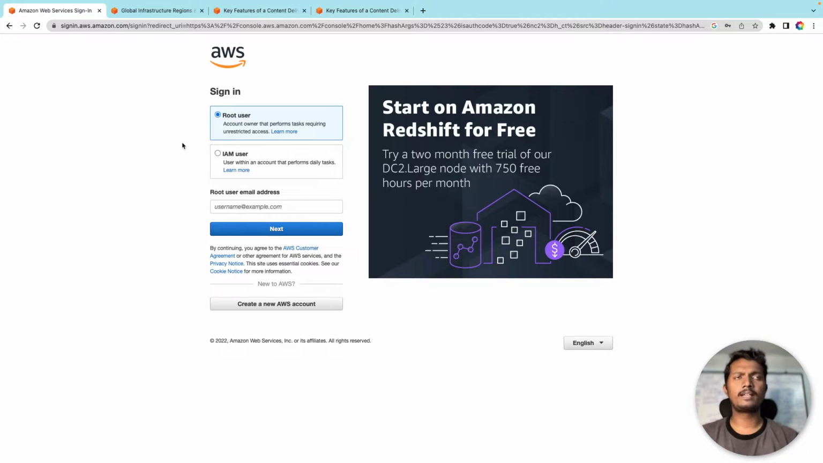Here there are two options, root user and IAM user. This is the first time we will log into our account as a root user, and in all the further videos we will use an IAM user. When I talk about the root user, be very careful. The root user is a god account of AWS. It handles everything that happens in your AWS account, so it doesn't have any restrictions